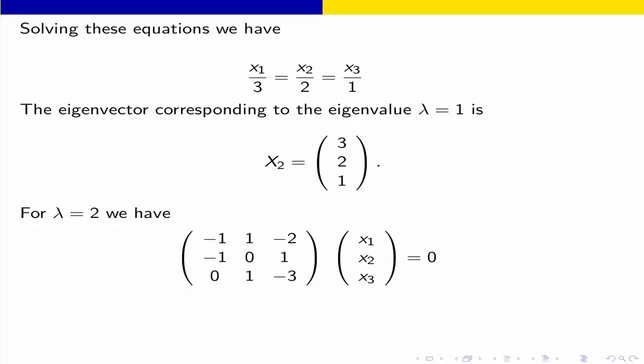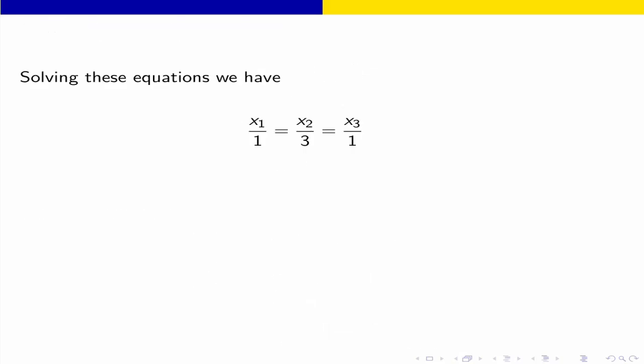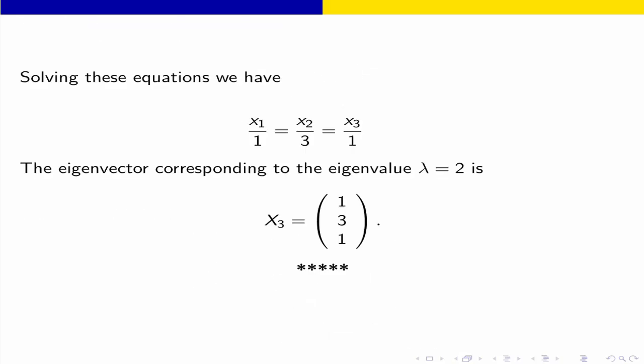Similarly for lambda is equal to 2, we have the system of equations. From the 3 equations we can choose any 2 non-similar. So therefore we will get lambda 3 is equal to 2. The corresponding eigenvector is 1, 3,